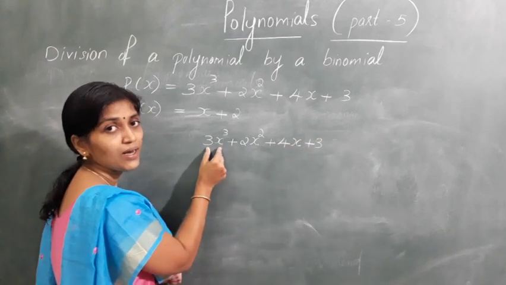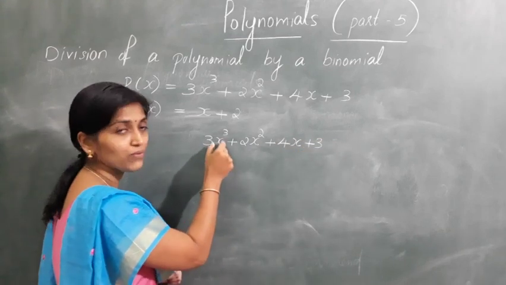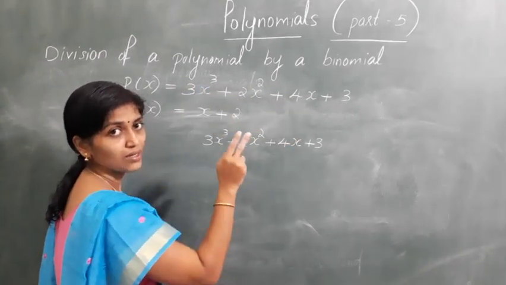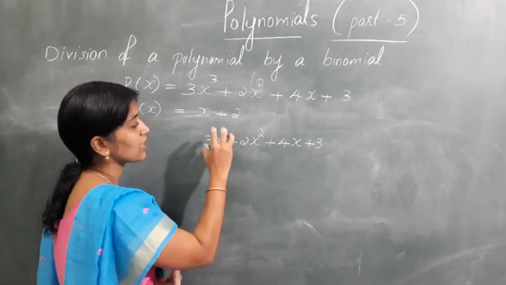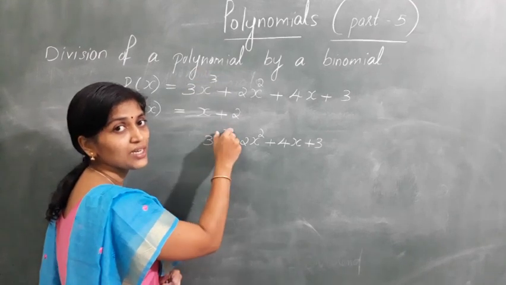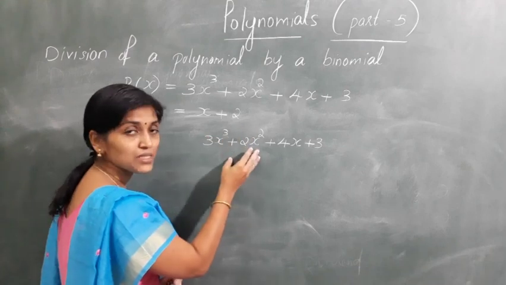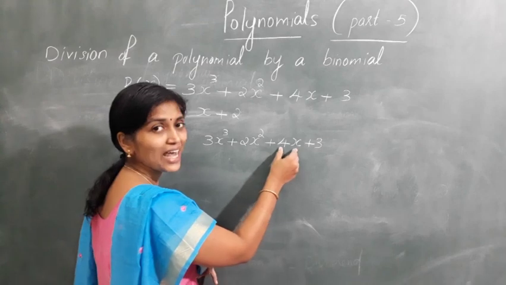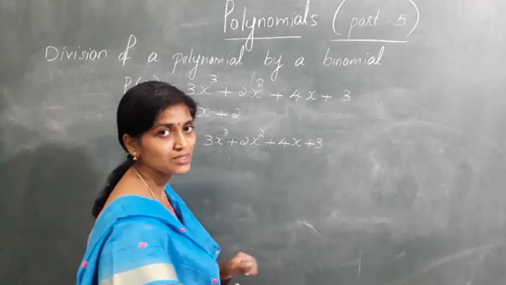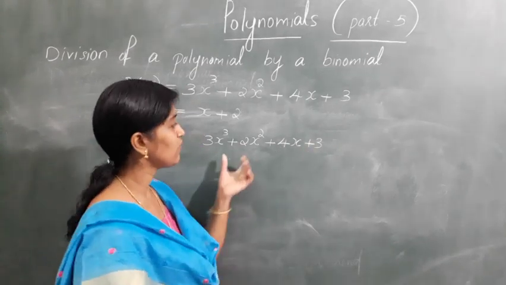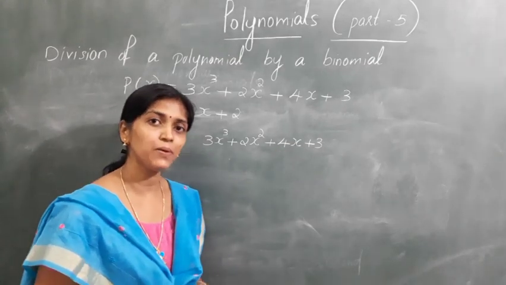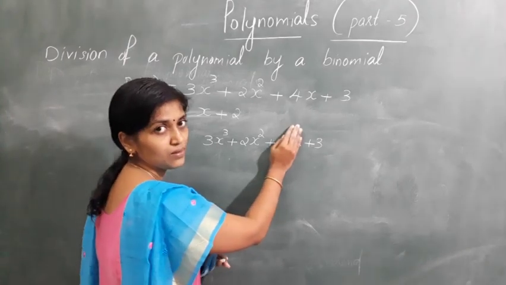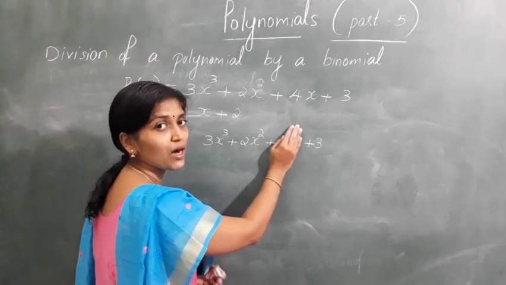So this is the highest power of the variable. What is the highest power of the variable? What is the degree of this polynomial? It is 3, which means that the term containing 3 as the power will come first. The next term must have degree 2. The next term has degree 1, that is x, and next comes the constant. Okay, here we have all the terms. You will also study polynomials which do not contain all the terms, maybe one term is absent. Okay, in that case we will see how to divide.